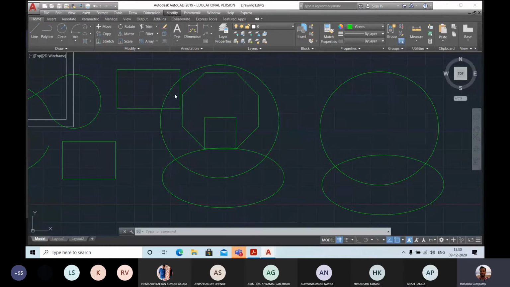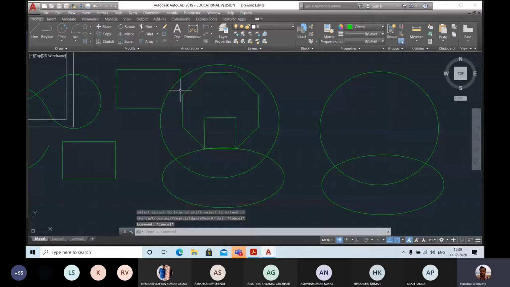Similarly, there is a trim command. This drawing is now overlapping on this rectangle, and I don't need the rectangle inside this circle. So I can go for the trim command. Command is trim, enter. Select the circle, press enter. Now I can trim, means I can cut out a portion of the drawing.